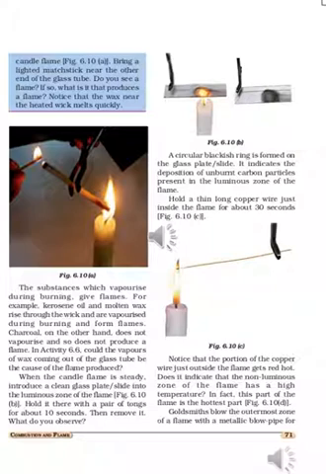Today you will study one activity to study the structure of a candle flame. For that, we have to take materials like a candle, matchbox, glass tube, pair of tongs, glass slide, copper wire, etc. You can see all these things on the screen. First part, what will we do? Light a candle. You can see on the screen the candle is burning.